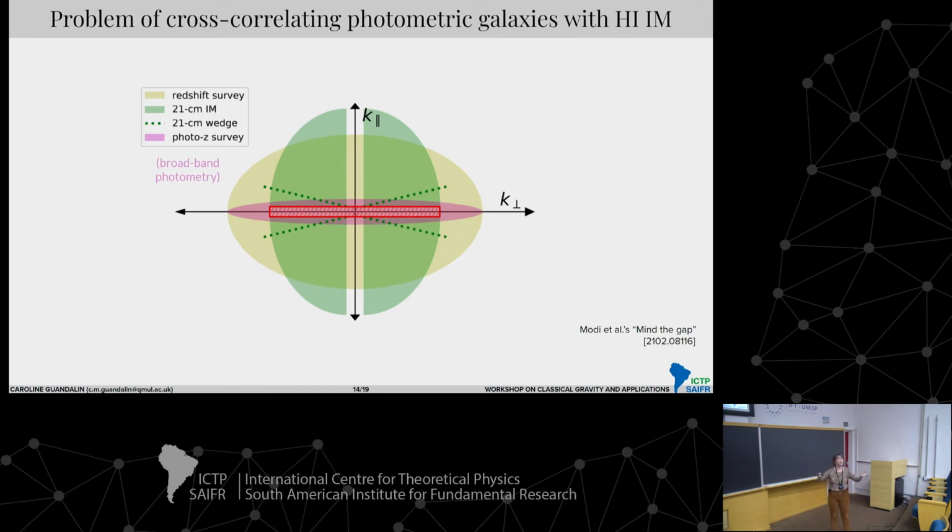So you don't know how to model these, and these scales are usually damped, or you simply remove them from your problem. So if you think about cross-correlating galaxies with intensity mapping, you see that the overlapping region you would have in Fourier space to do this cross-correlation is very limited. All this red region here is not accessible by the intensity mapping. And the pink region, so the only remaining region is where the pink overlaps the green. So it's a very constrained space in which to do these cross-correlations.